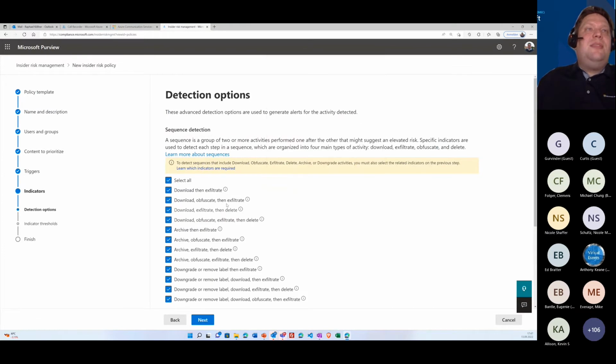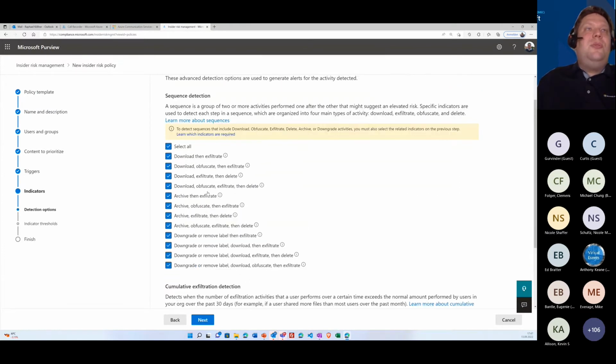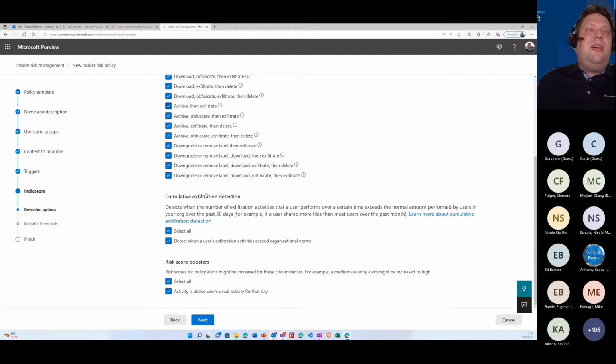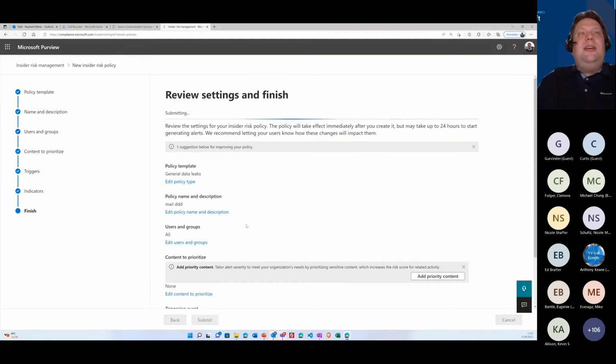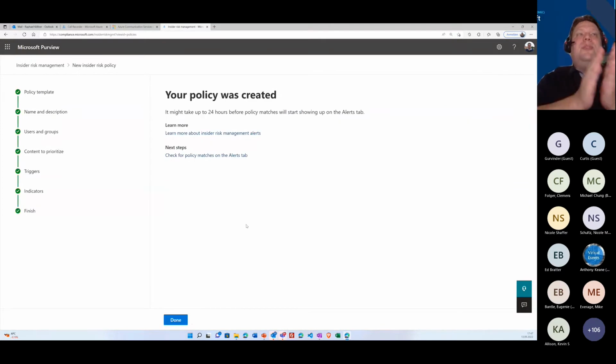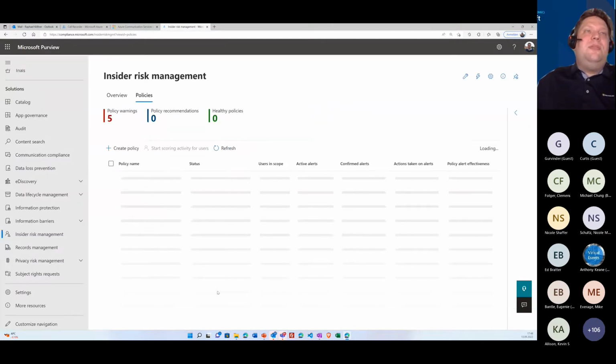So you have it very fast, and you see here also the sequence of detection. I added everything. You can customize these too. And then at the end, you say, okay, finished. And you have a communication compliance policy and an insider risk policy focusing on Exchange and on emailing, on sending emails and sharing information. Very, very fast.